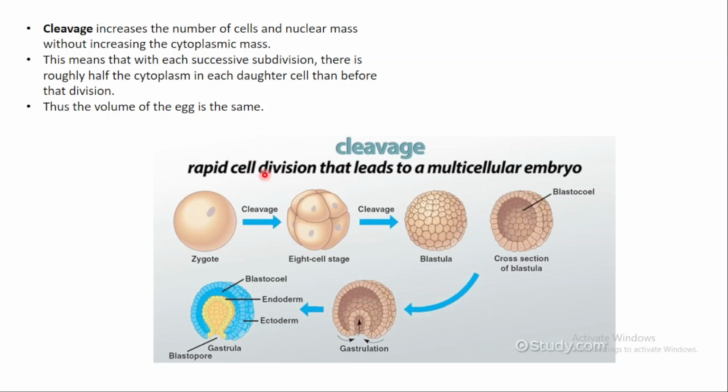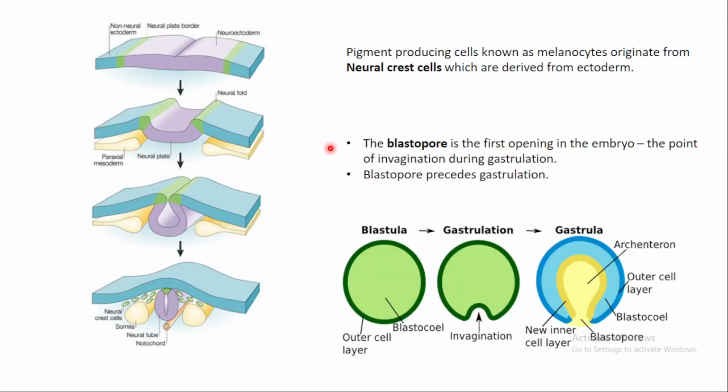So cleavage never increases the volume of the egg. Now the other two options, pigment producing cells, which are also known as melanocytes, have the pigment melanin in them. They originate from neural crest cells. So there are special kinds of cells which arise from the ectoderm during the event of neurulation or neural fold